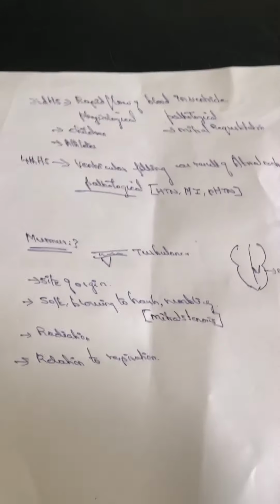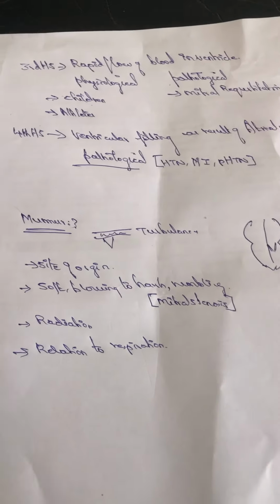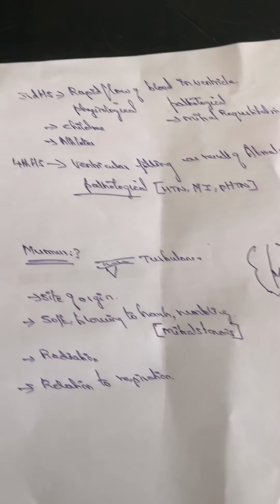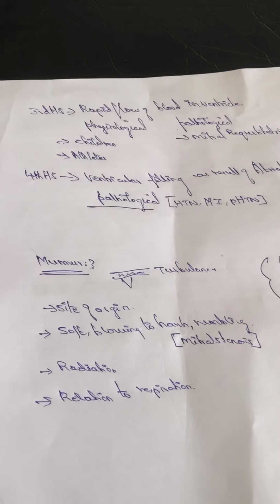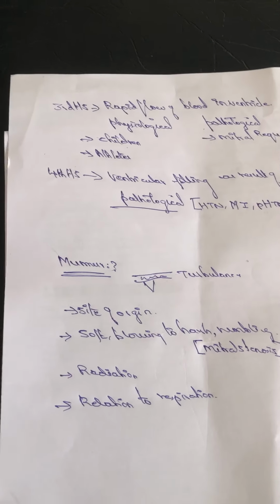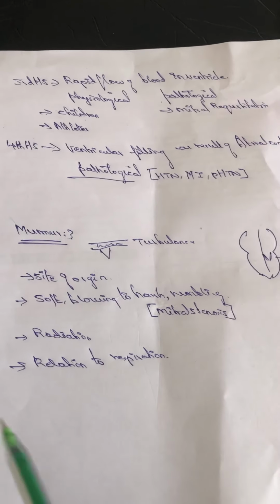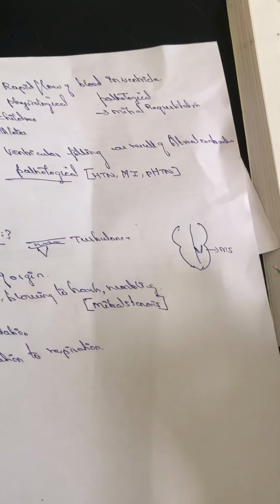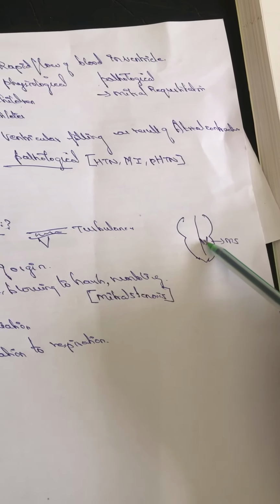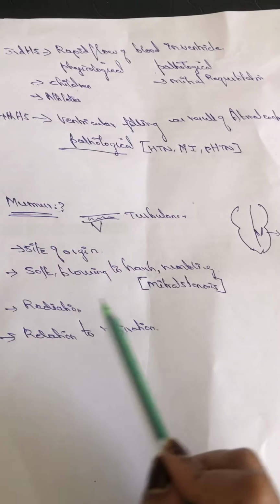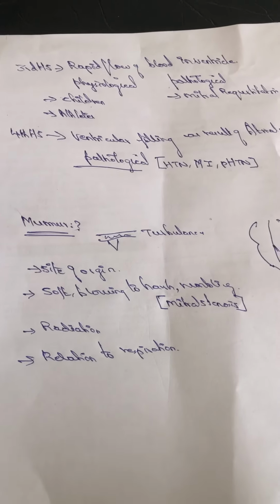The most important question or the applied aspect of the heart sound is murmur. So what is murmur? Murmur is the turbulence of the blood flow. When the blood flow is moving normally, you get no sound. But when there is a turbulence in the blood flow near the valves, it causes the murmur. What you should note is the site of origin. Suppose you are getting a murmur here, that means there is some pathology in the mitral valve. And second, you have to hear the nature of the sound. The nature of the murmur might be soft, it might be harsh, or